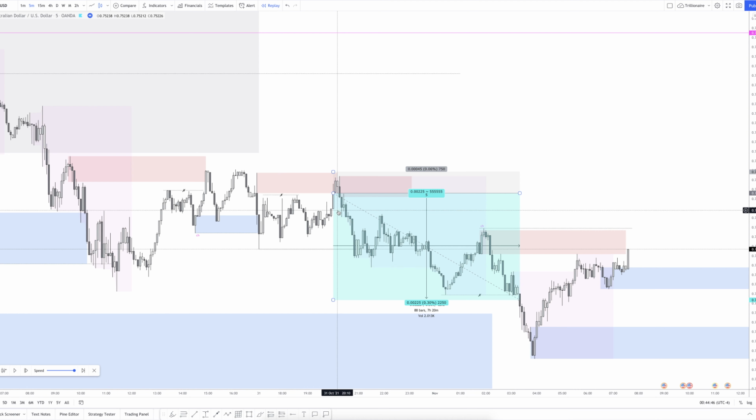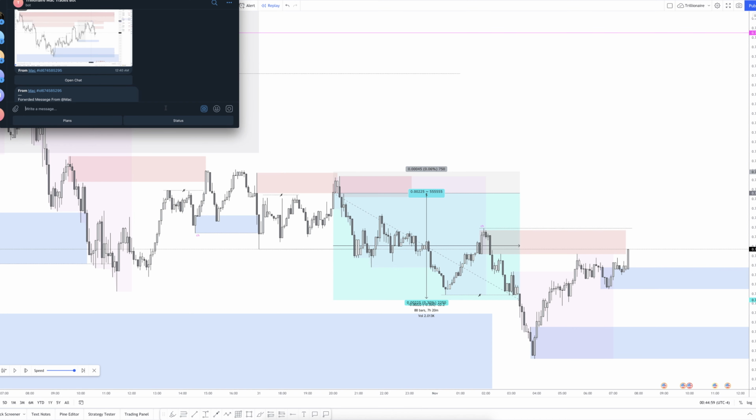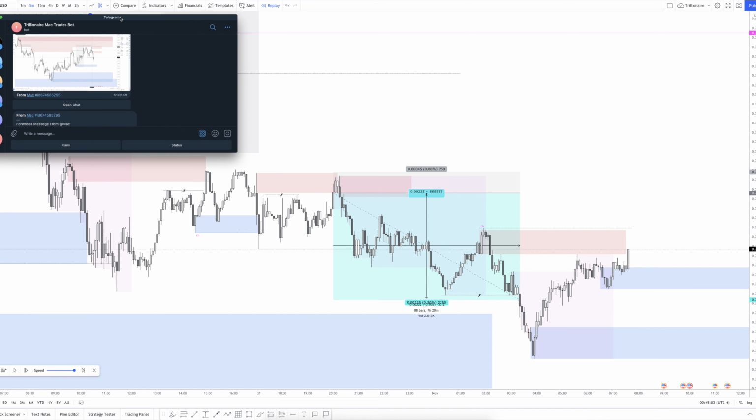All right, but let's hop into the actual trade breakdown. Now, before we actually look at the trade breakdown, of course I have to show proof that I was in this trade. So this is what we talked about on, I'm pulling up Telegram right now. This is what we talked about on